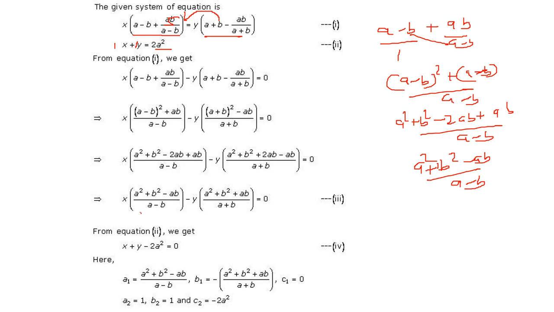Like this, same thing we'll do with this one. The only sign will change. So b1 is this one, and c1, as I said, is 0 because there is no constant term. Then if you take this one, a2, b2 and c2. Now we'll do the cross multiplication, and this is the solution in front of you, and you just have to do the basics right. Wherever it is going to cancel, you just cancel it. And finally, just check when you equate this x with this one, you should get x as this value.